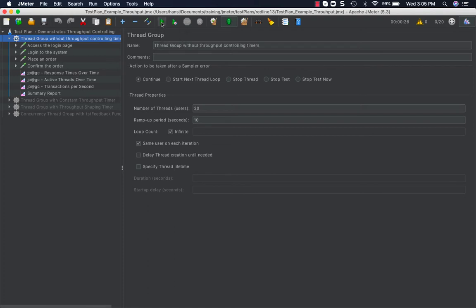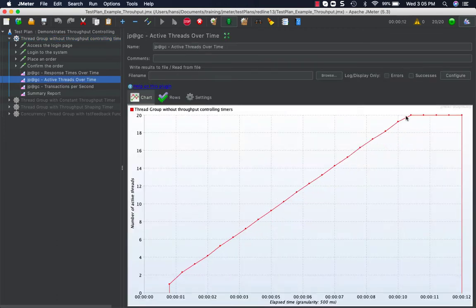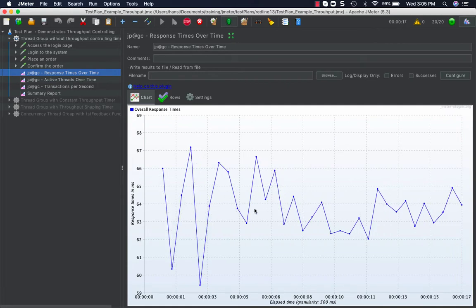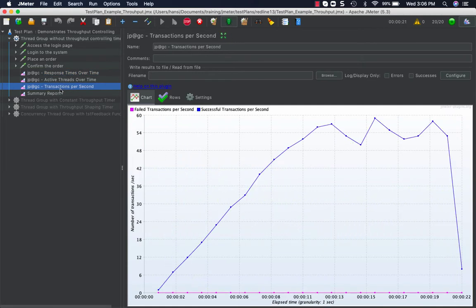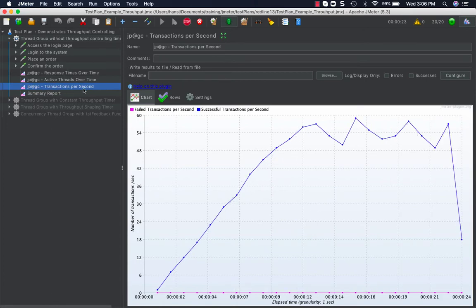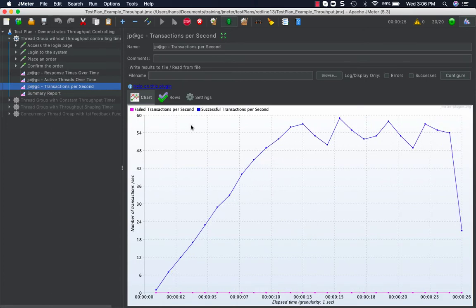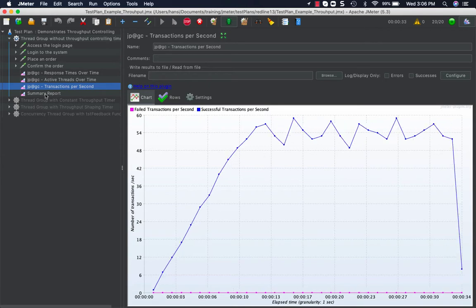Click the start button. The test started and you can see threads are being created. Let's see active threads. All the threads are created. When you go to response time variations, you can see it here. We are interested in transactions per second, how it works. So it's close to 60 and it changes.